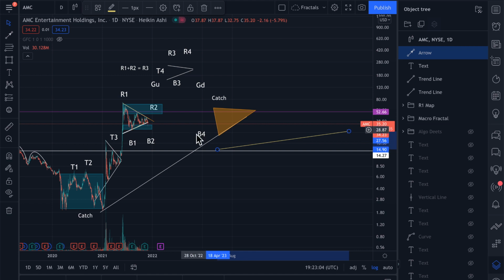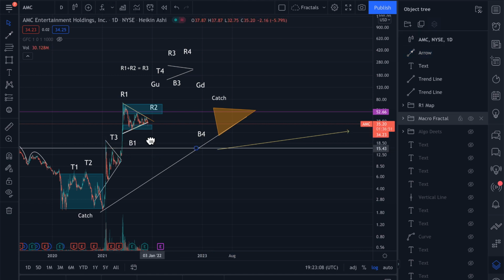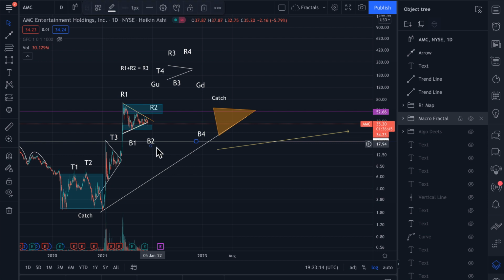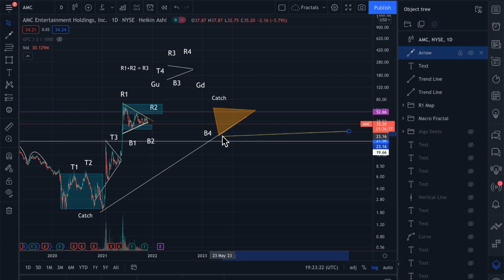By the way, B4 tends to go back to wherever we broke out at T3. So you could draw it like this and say it's $20, or you could draw it like this and say it's 14. It doesn't make a difference at this point, but that's typical for B4, to go back down to wherever we broke out with T3. And so my guess would be about 20. And then, you know, you end up